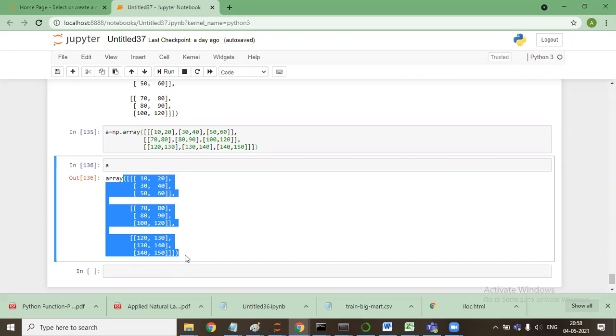Sir, every axis stores 28 cross 28? Yes, a matrix, 28 rows and 28 columns. Every dimension stores 28 into 28. So the red color, if it is being bifurcated, is bifurcated into 28 rows, 28 columns: 28 by 28 first axis, 28 by 28 second axis, 28 by 28 third axis.